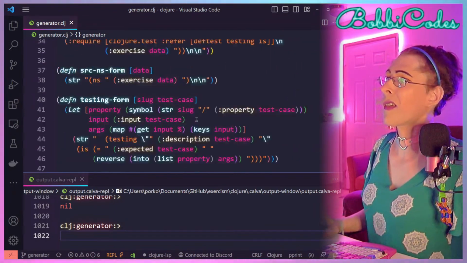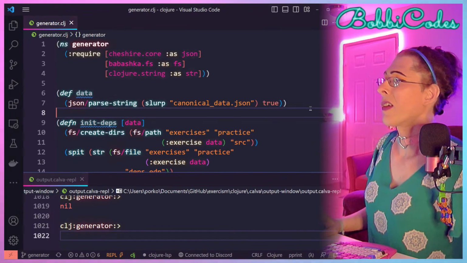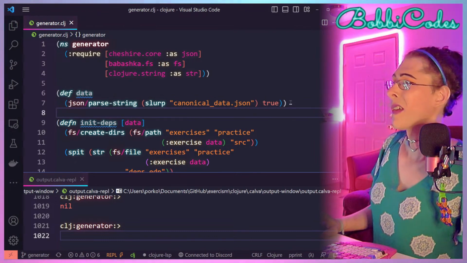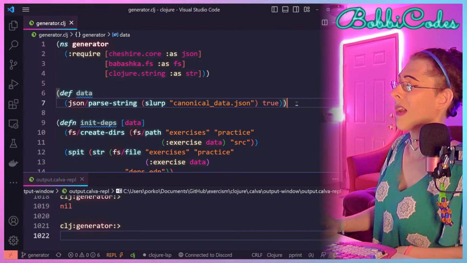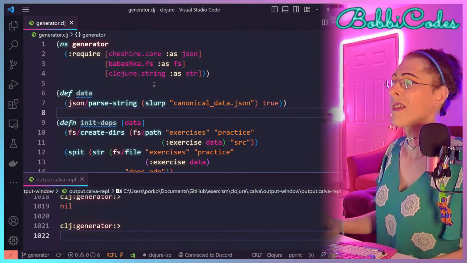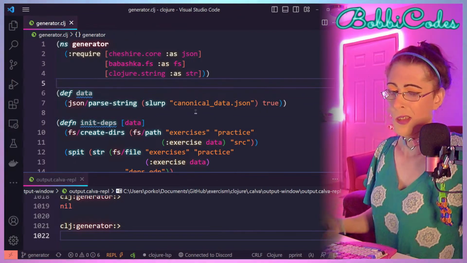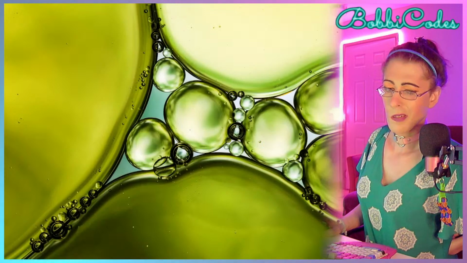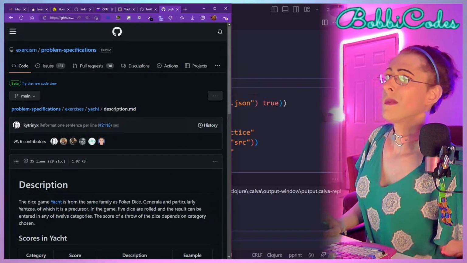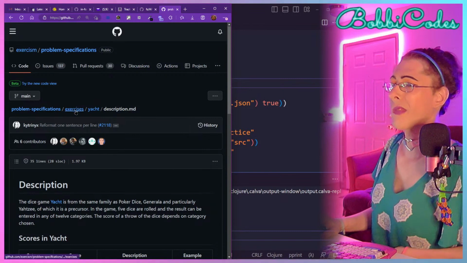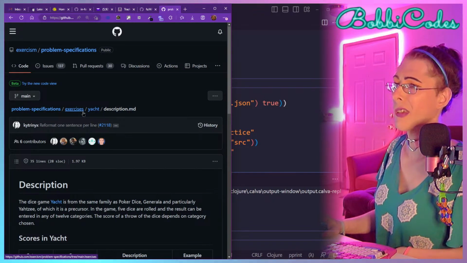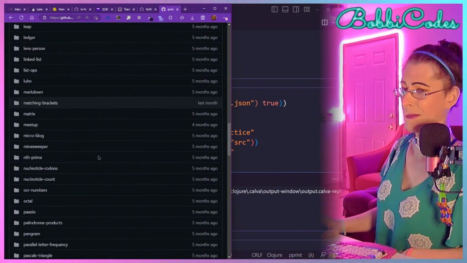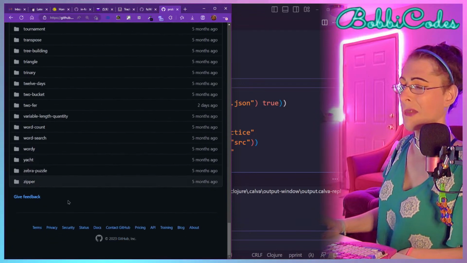And instead of, see right here, so far we've just been hard coding it to the canonical data for this exercise. So let's say we don't know the exercise. You know what else? We still haven't checked to see if some of the other exercises are more complicated. Yacht, is that like the last one? No, it's not.